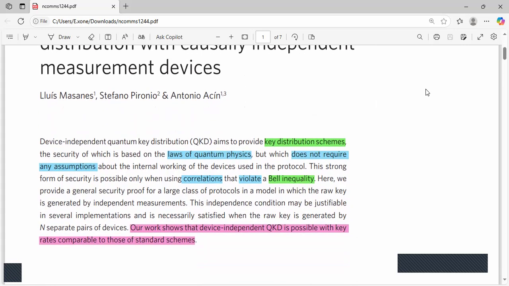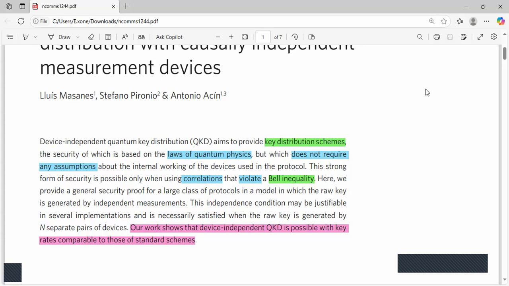So the abstract is quite amazing, and it describes that device-independent quantum key distribution is a key distribution scheme like any other QKD scheme, and it depends upon the laws of physics and does not require any assumption on the internal working of the devices that we use for the key distribution purposes. So they say that the security of these kinds of protocols depends only on the correlations that violate a